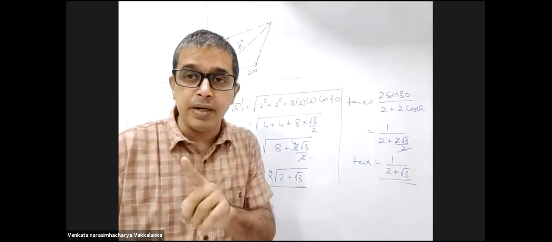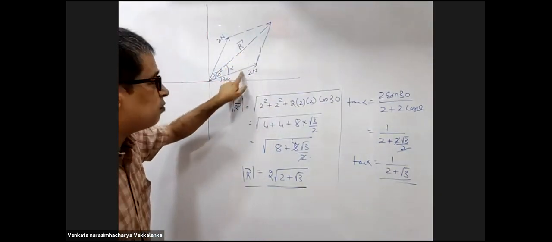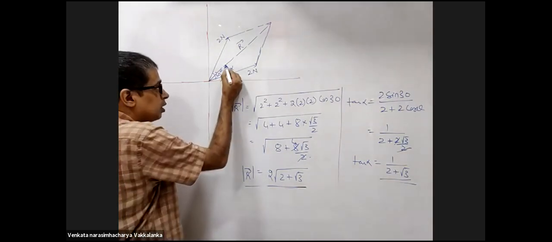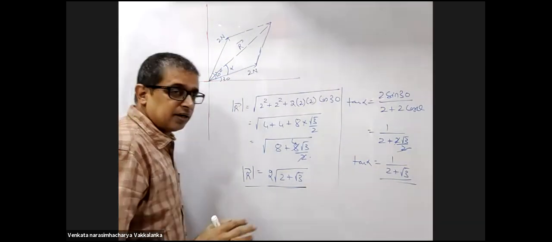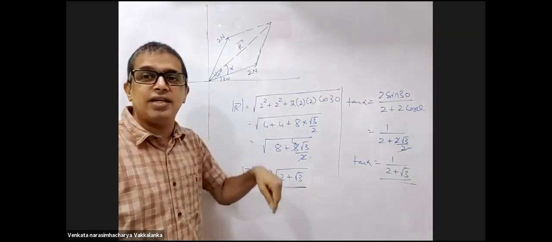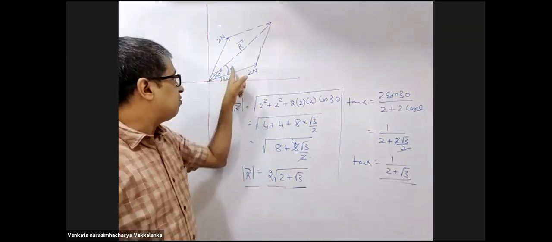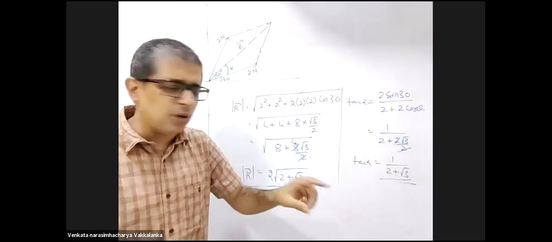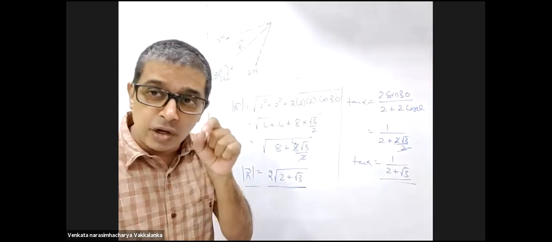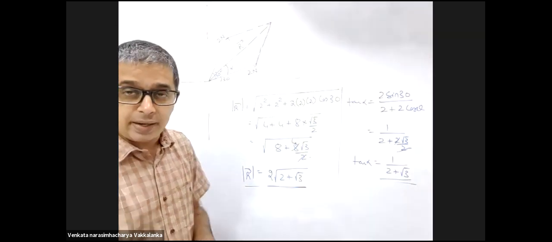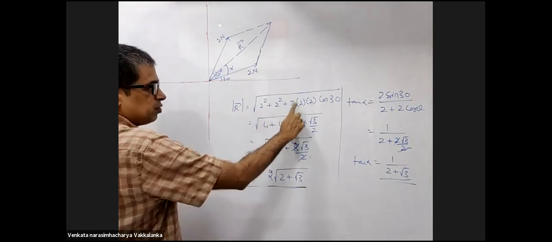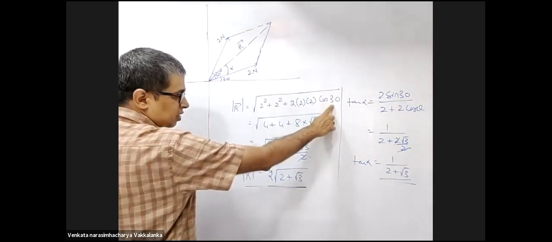Nothing wrong. But remember, the direction of R you got is with the first vector, neither x-axis nor y-axis. If he is asking with x-axis, your answer will be alpha plus 30 degree. How much is the value of alpha? That will depend on the numbers. Don't worry about the numbers. What you are supposed to do is what is being explained. I repeat, it's a direct application of root over of p square plus q square plus 2pq cos theta.